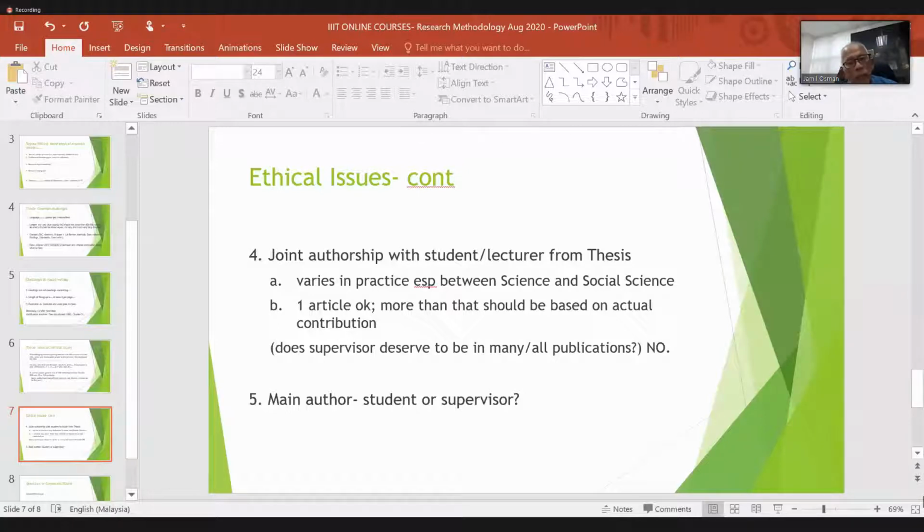I think I want to stop at this point. Maybe a last issue about industry research. I'm not the best person to talk about industry research, but in the little experience that I have, I do know that there is actually quite a lot of difference between the way you will write a research report for industry research compared to academic research. One of the main things that I have learned from industry research is that they want it to be precise and concise.